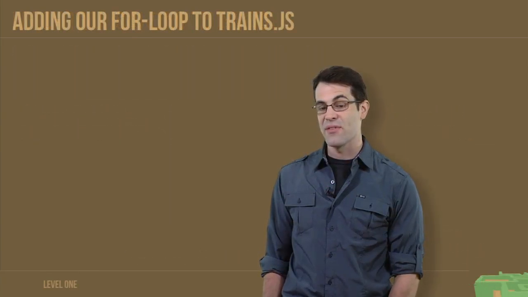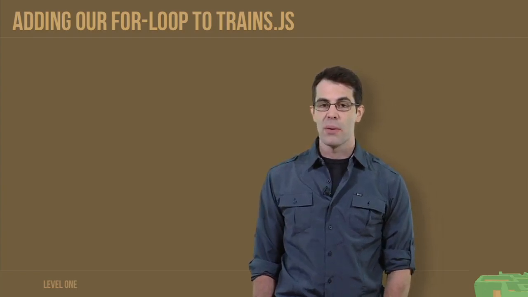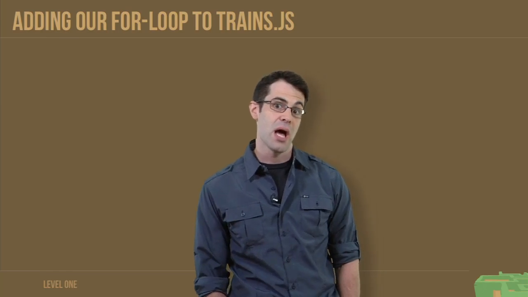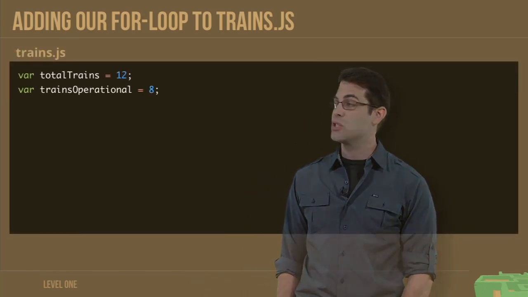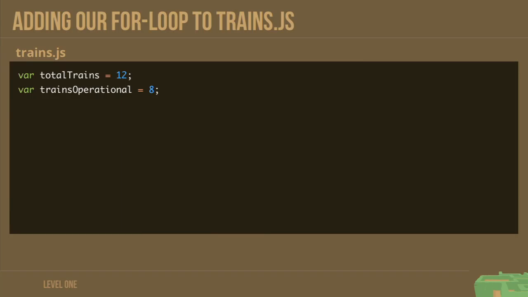Okay, now we have a list of running trains with our while loop. Cool. And we also have a list of our not running trains with our for loop. We're going to add both of those now to our trains.js file. If you take a look here, you can see we've established both the total trains and the trains operational variables